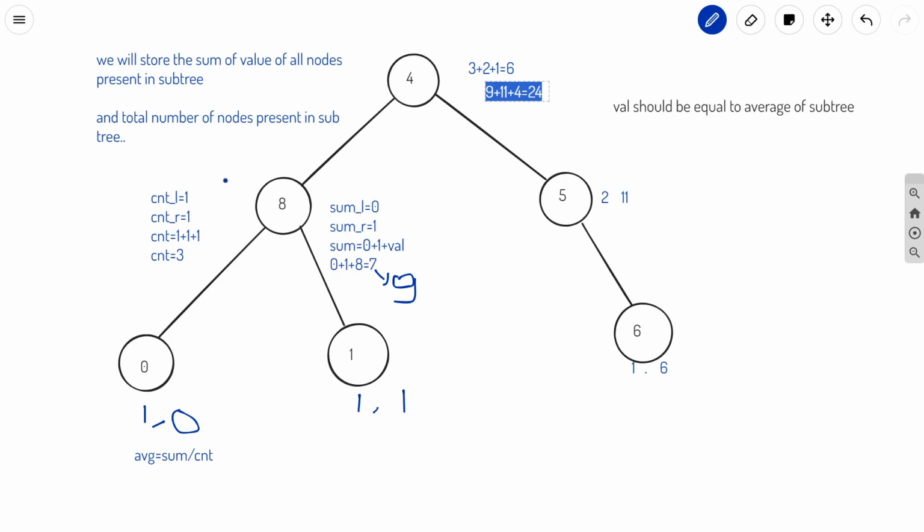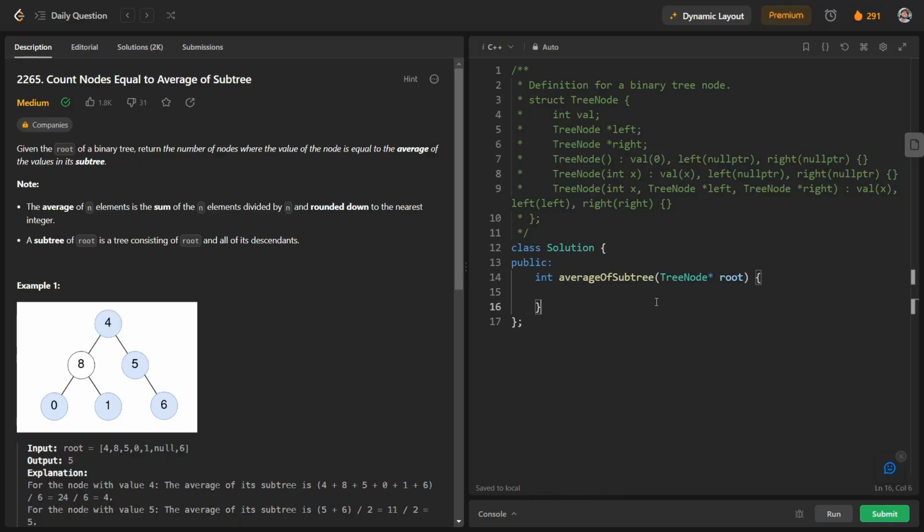So let us try to code this question. Basically we will have an unordered map here, a map of tree node and int. The first one will store the sum, and another one will store the count, so I will write them separately.